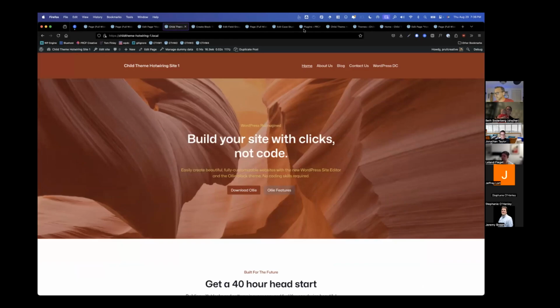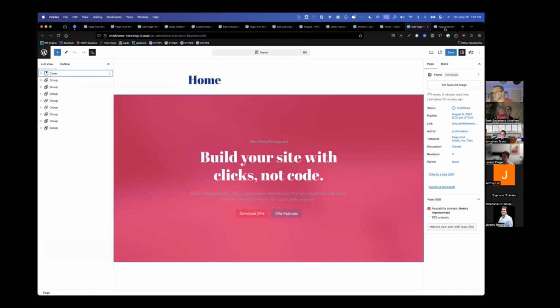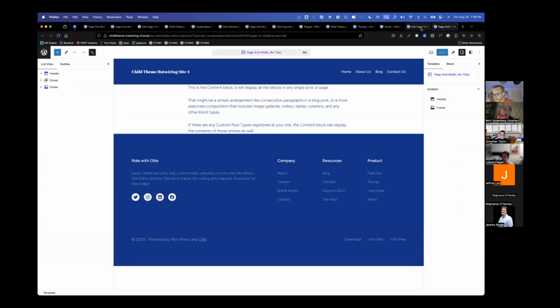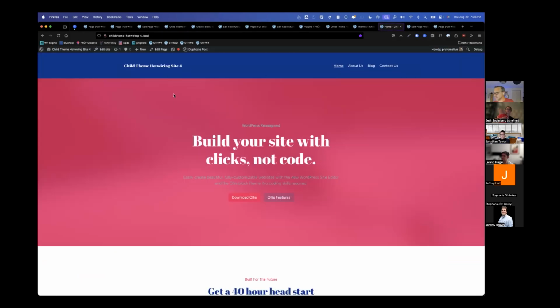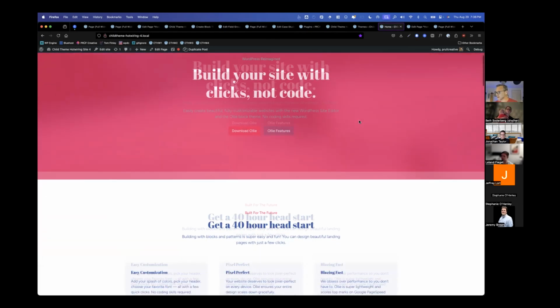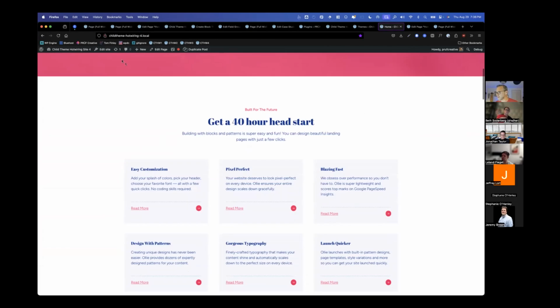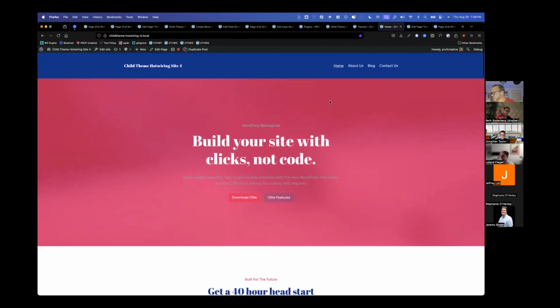Now, I showed you a brief overview of how to use Create Block, but let's look at what happens when you don't use Create Block, when you are editing just the raw parent base theme, however you want to refer to it. Here I have a very highly customized version of Ollie compared to what you just saw. I've changed the color tokens in a similar way, but we have these big bold colors. I've set these fonts. And I may have created a template. I forget if I did that.